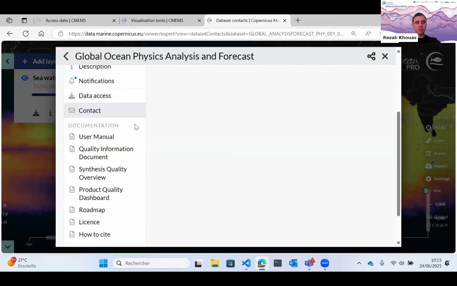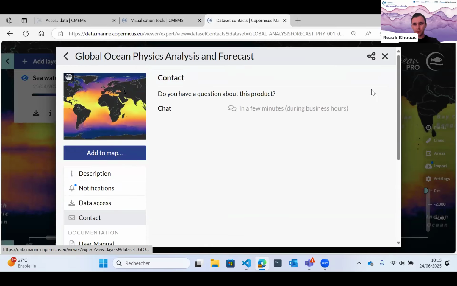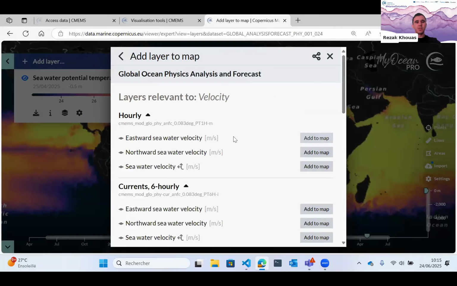And here below in the documentation section, we have some documents that contain further scientific details in case you need to learn more about the product and what is included in it. Of course, we also have the roadmap, which gives you access to the future releases of the products, and the how to cite section allows you to cite the product in case you are publishing an article. Here we have a small share icon in case you want to copy the URL of the product and share it. So let's now click on Add to Map, and then we are going to get the different data sets